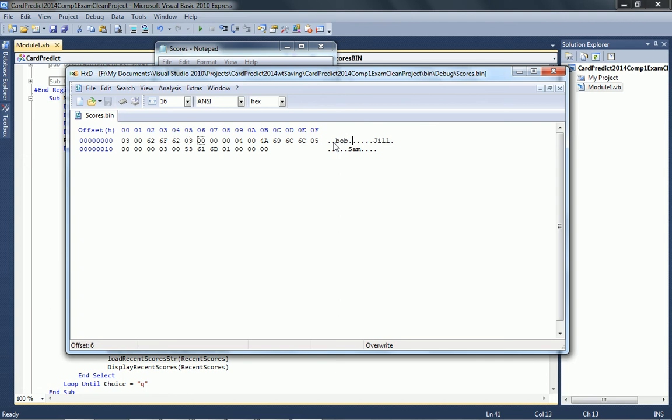I've then got the trailing values. I've got Jill, then Sam. Now I'm not quite sure what that little header is. I'd have to have a look at